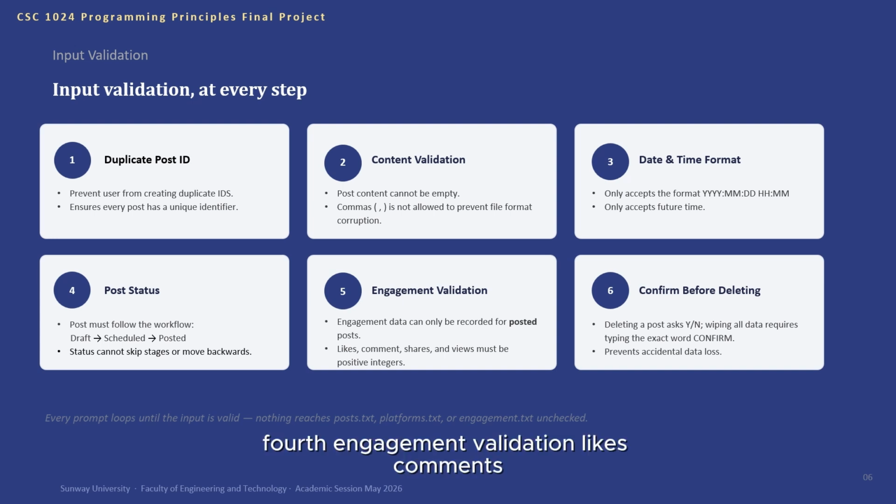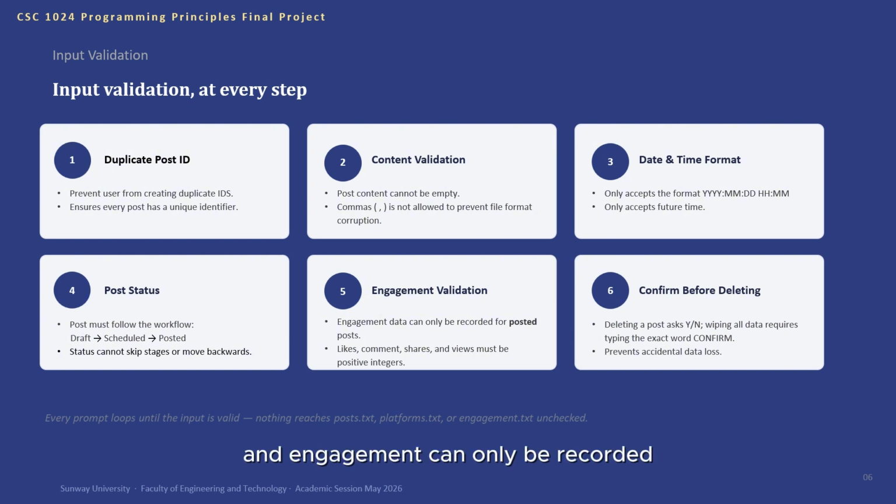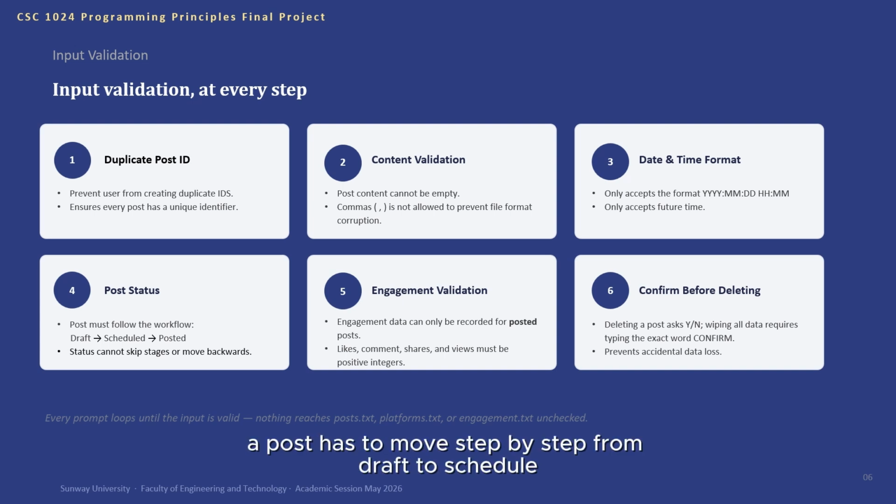Fourth, engagement validation. Likes, comments, shares, and views must all be positive integers, and engagement can only be recorded once a post has actually been posted. Fifth, the post status flow. A post has to move step by step from draft to scheduled to posted. It can't skip a stage or move backwards, which is exactly what stops the engagement on a draft post problem